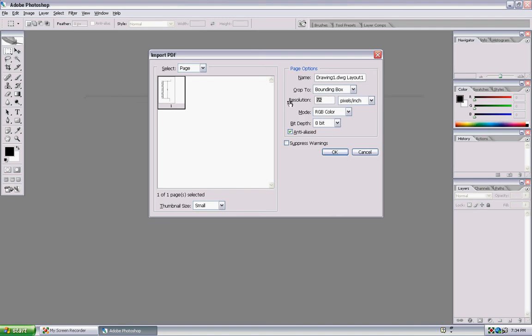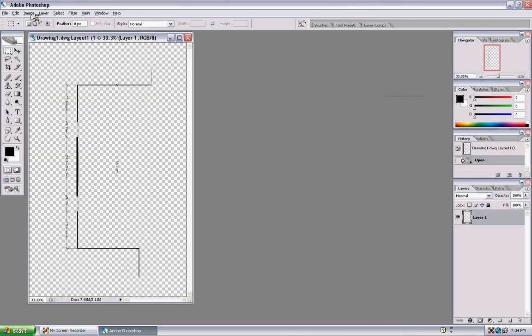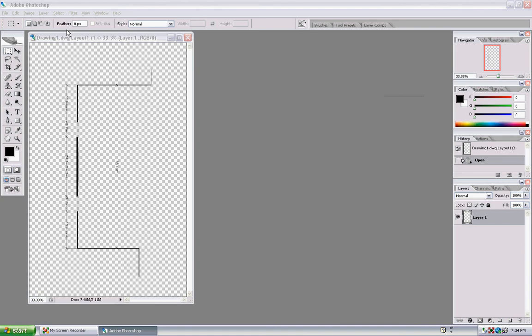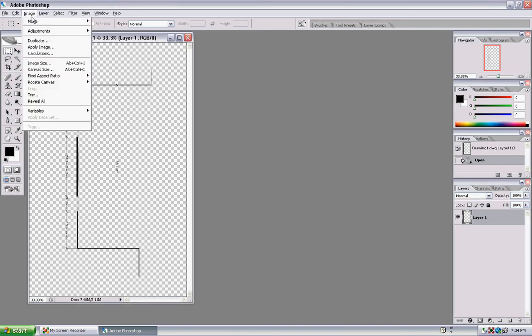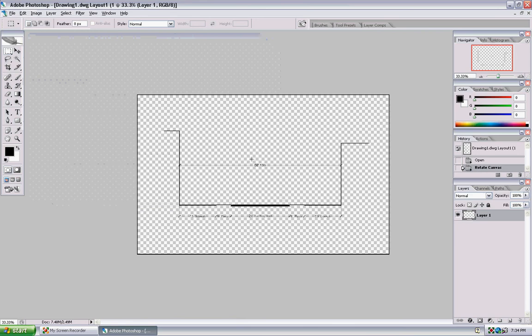I'm gonna make your resolution at least 200. Go ahead and make it 200. I don't want it to be too big. And you see that with mine, I'm gonna have to change the orientation of it. So I'm just gonna do image, rotate canvas counterclockwise, and you'll see that your lines are there, and you have